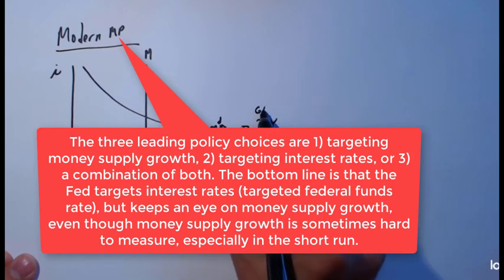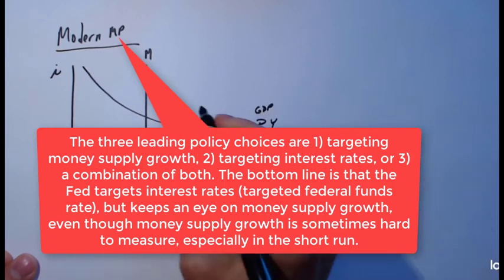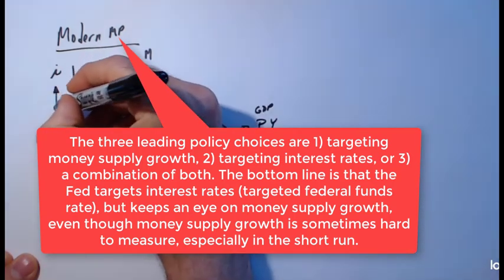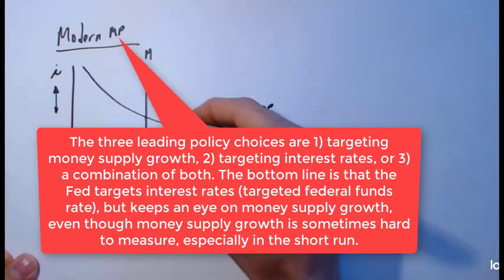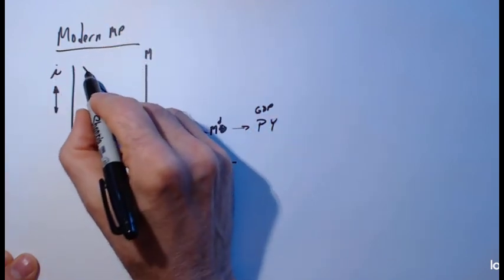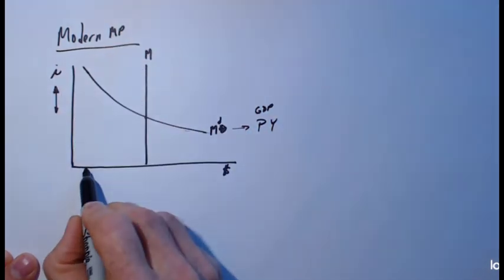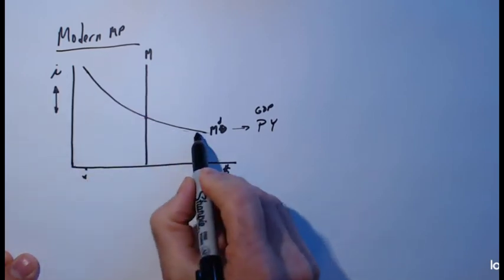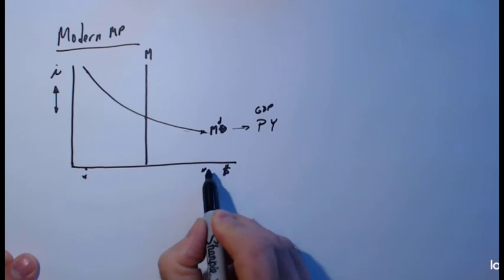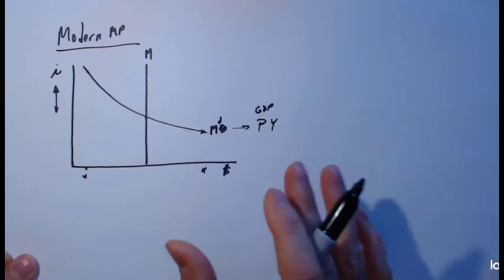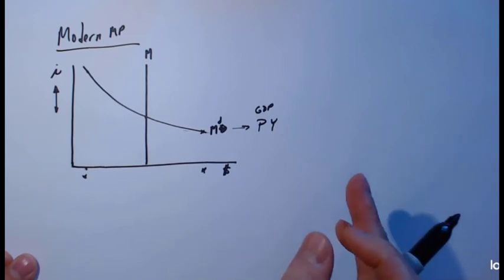In other words, nominal GDP. And so here we have an equilibrium. And remember what happens when we change what's on this axis. We move along the curves. And so when interest rates are high, for example, and we're up here, that means quantity of money demanded will be low. And if interest rates are low, then the quantity of money will be higher. And that's the opportunity cost, the inverse relationship between money and opportunity cost.